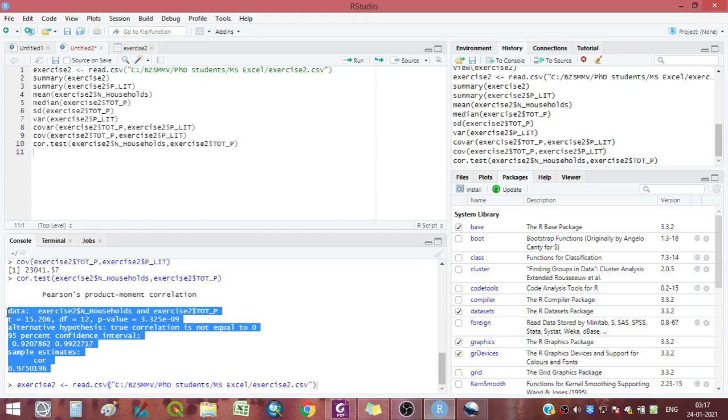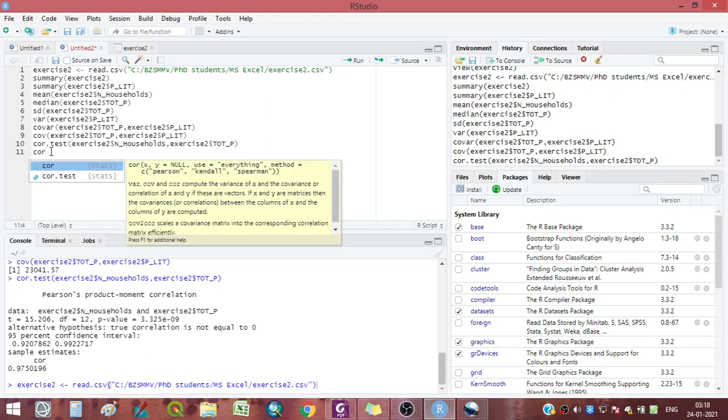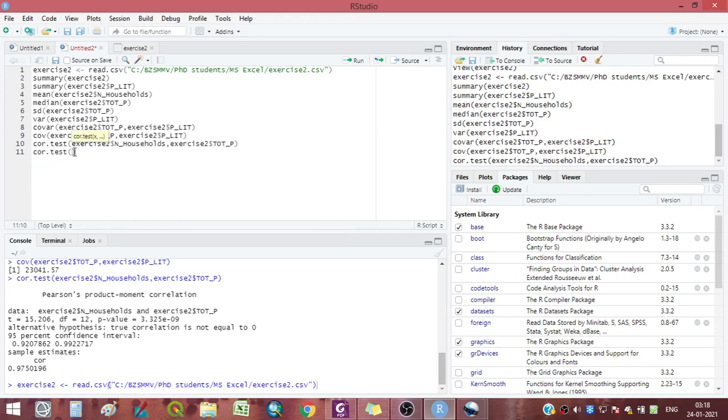Now there are other ways we can do correlation, other methods of correlation. There's Pearson's correlation, there is Spearman correlation, there are various correlation methods. By default, R does a Pearson's product moment correlation. Okay. If I want a Spearman correlation, what do I need to do? I write cor.test, fine, it's a correlation test. It comes. Here I write exercise